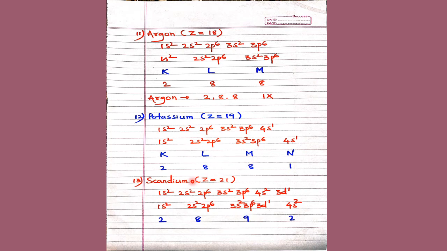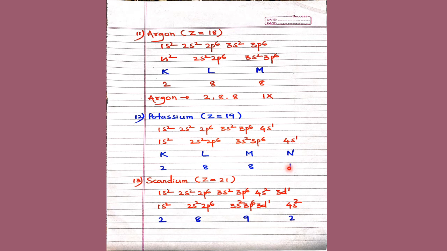He has written 2, 8, 8, 1 only, but the boys are asking the question: why, sir, the capacity of M is 18, so why will the 19th electron not go into the M? Why has he taken 2, 8, 8, 1? It is because of orientation. The 4s energy level comes afterwards as per the Aufbau principle. After fulfilling 3s and 3p, the next atomic orbital at a higher level is 4s. So that 19th electron enters 4s1, which opens the N shell, that is n equal to 4. So that one electron goes to the N shell according to Bohr's theory.